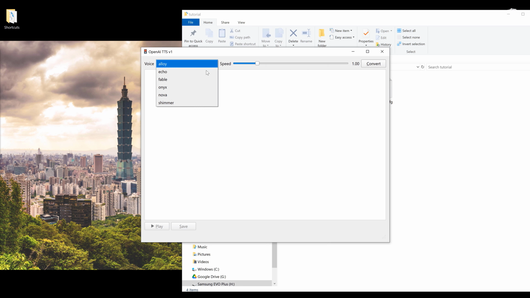We can change the voice, alter the speech speed, play the audio, and save audio as a WAV file. On top of that, you can customize the app based on your projects and workflows to make it even more